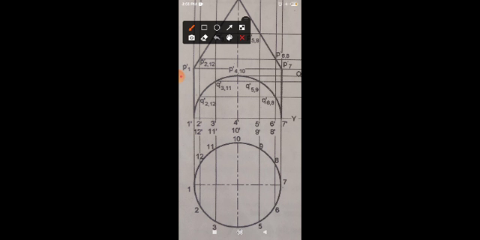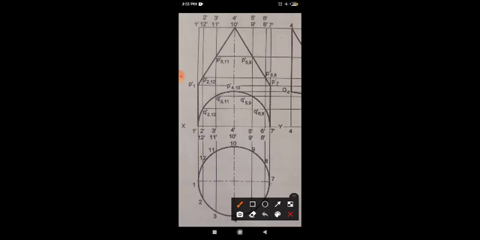Now, another thing you have to calculate is, first draw the development of this cylinder. If you expand this cylinder, what will you get? You will get a rectangle. If a cylinder is expanded, you will get a rectangle with the same height, but the length will be different, which will be equal to pi into d, or 2 pi r, which is the circumference of that circle.